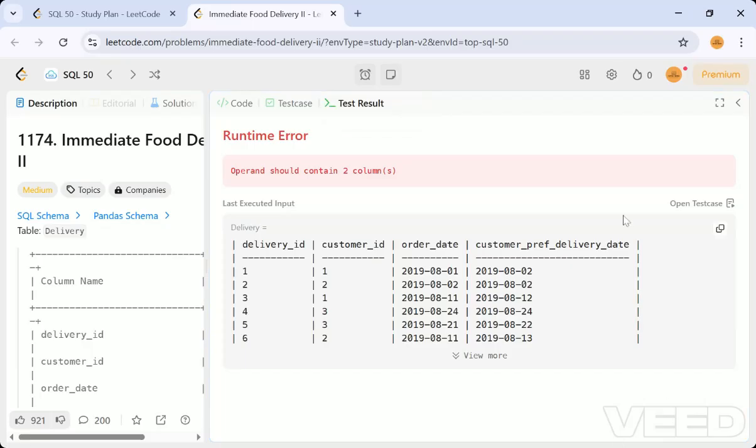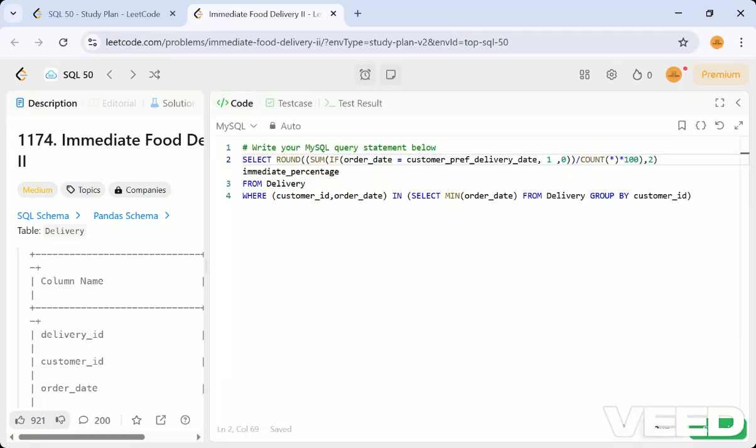So let's see what happened. We are rounding and then summing. So yeah, the condition comma 1 comma 0. Yeah, so here you can see I'm getting the star, but we don't need to get the star.